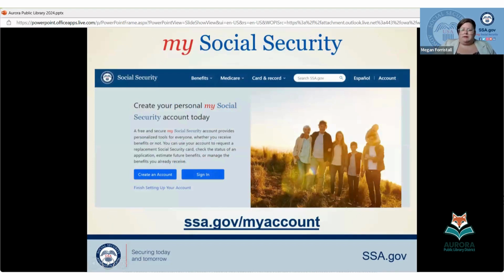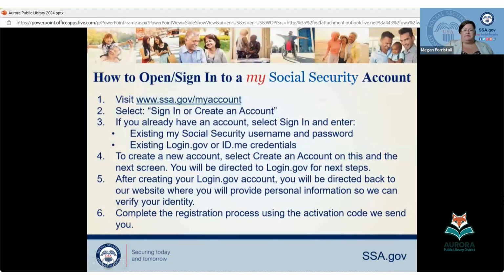Everyone over the age of 18, we encourage to create an online My Social Security account. And you can do this by, if you already have login.gov or id.me accounts, you can go in, every single time you're going to start on our website, go to ssa.gov/myaccount or find it off the homepage, sign in or create an account. If you already have that account, like I just talked about, I myself, I'm guilty. I have a username and password and I haven't done the thing to switch it to login.gov yet, but I promise I'm going to do it soon.